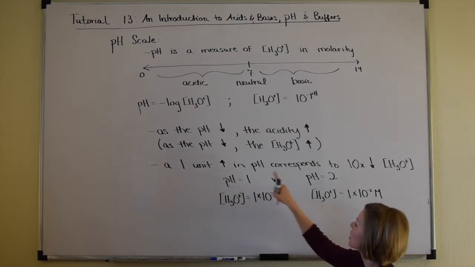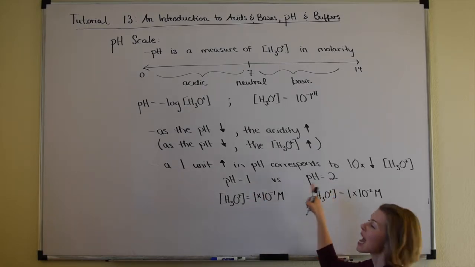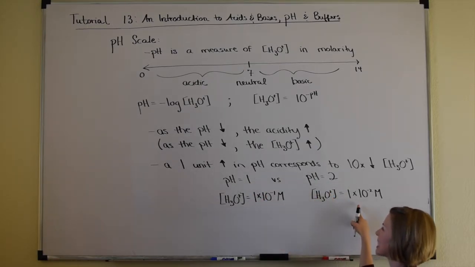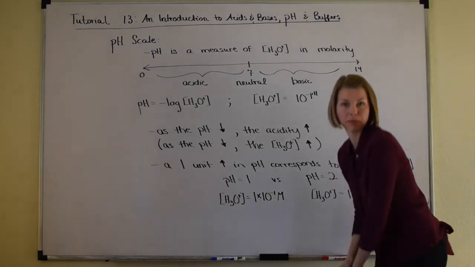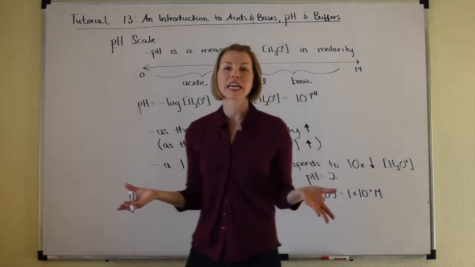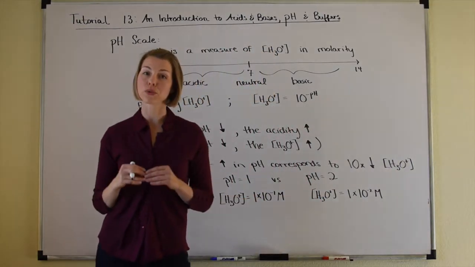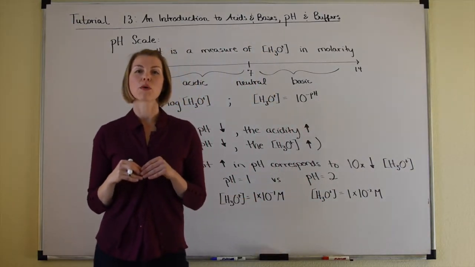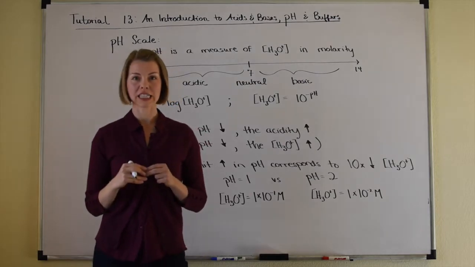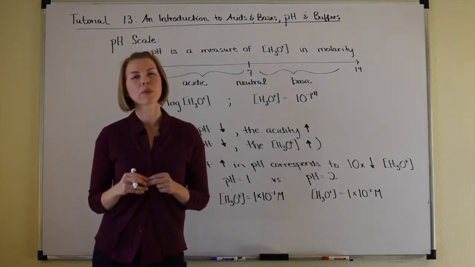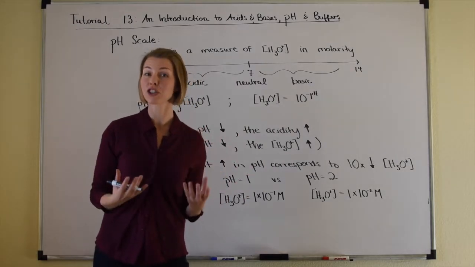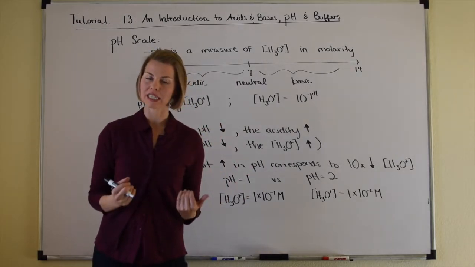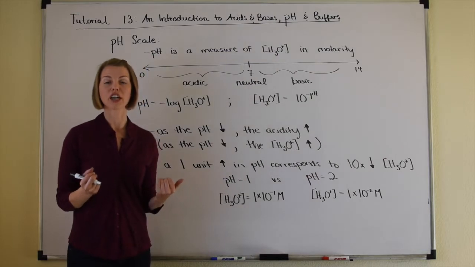So again, a 1 unit increase in pH, a 10-fold decrease in the hydronium ion concentration. So then if you compared a pH 1 solution to a pH 3 solution, that would be a 2 unit increase in the pH. That would correspond to a 10 times 10 or a 100-fold decrease in the hydronium ion